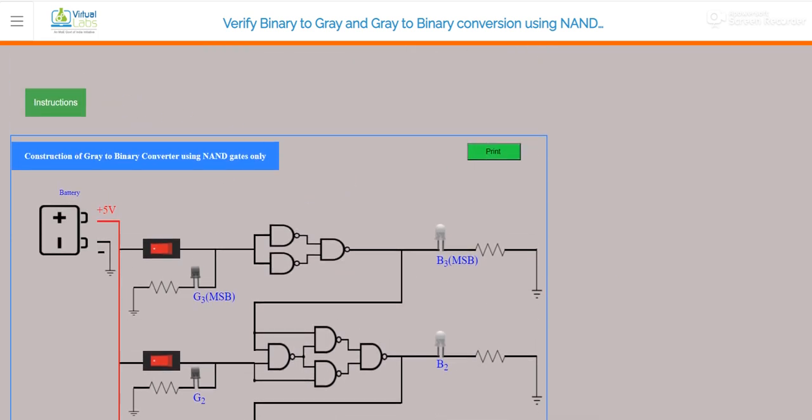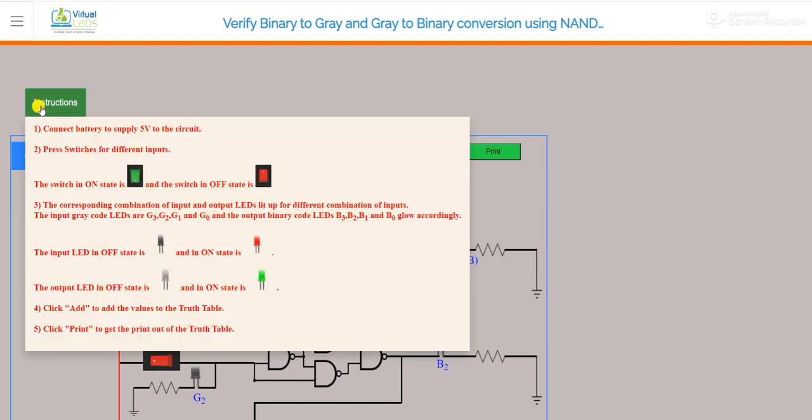On the left hand side there is a list of instructions which we have to follow for the simulation of this circuit. First of all, we have to connect a 5 volt battery, then two switches. The green color represents the on state of the switch, and the red color represents the off state of the switch.